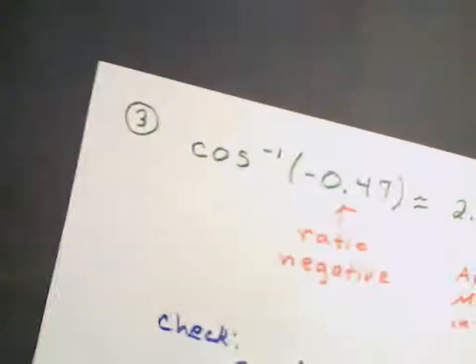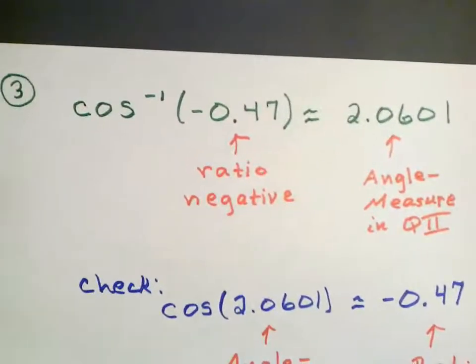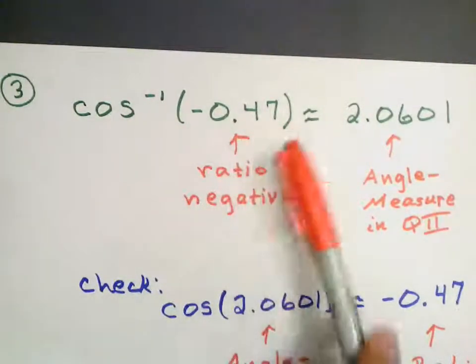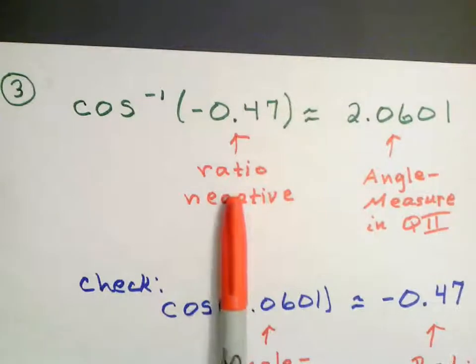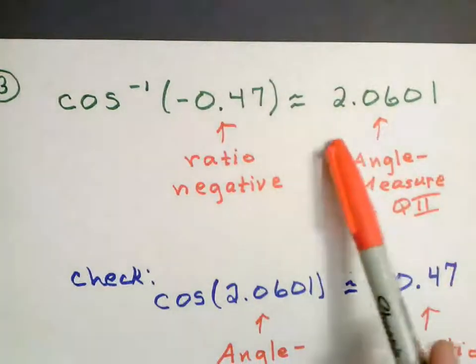Let's look at a third example. We'll look at inverse cosine of negative 0.47. Well, here the ratio is negative. So we're looking to get something that's in the second quadrant. And we're getting approximately